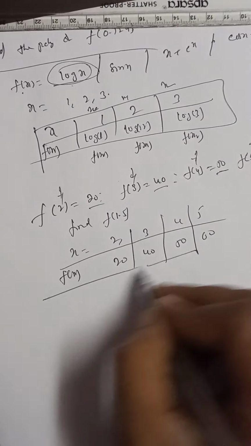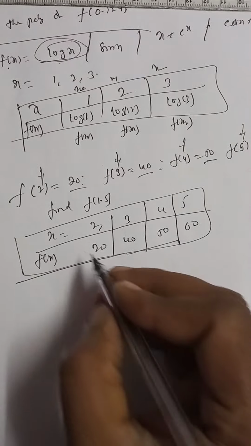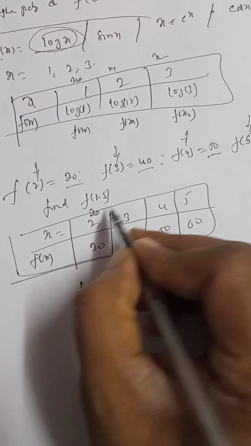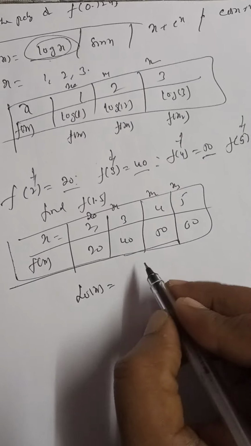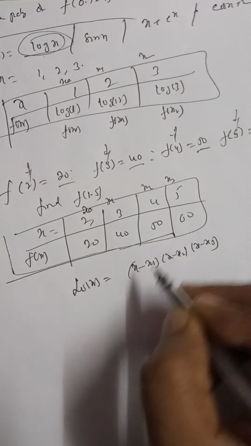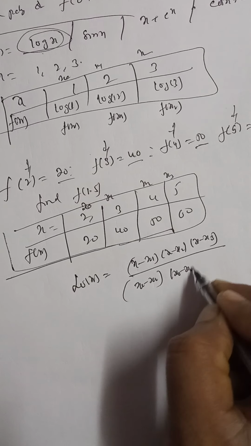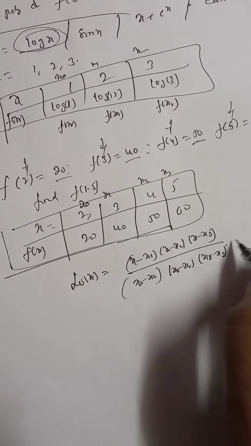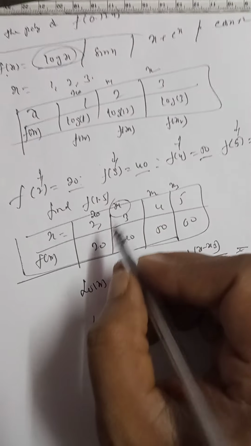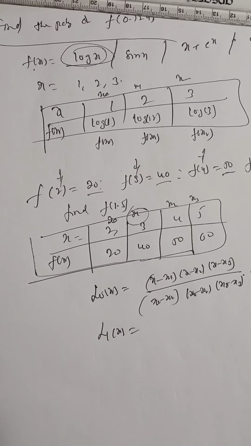Now you can write the Lagrange's interpolation formula based on this table. How to write this? First I am writing L naught of x is equal to, here we have to discard the first one. X naught, x1, x2, x3. What is L naught of x? (x minus x1) into (x minus x2) into (x minus x3) by, replacing x by the discarded value, (x naught minus x1), (x naught minus x2), (x naught minus x3). Plus, sorry, this is L1 of x. L1 of x means you have to discard the second value of x. This problem is very, very important. This type of problems, Lagrange's interpolation problems.